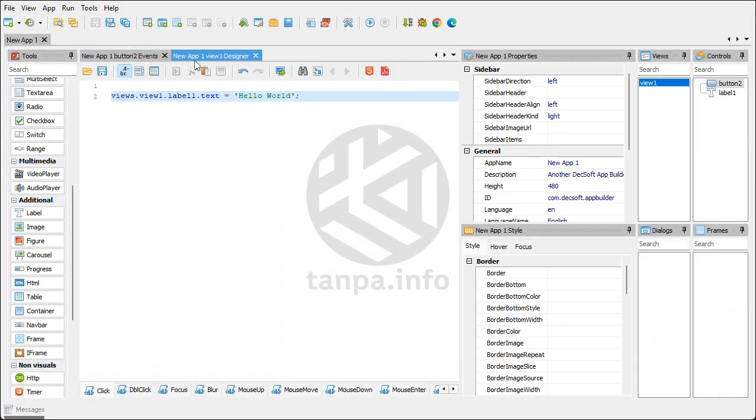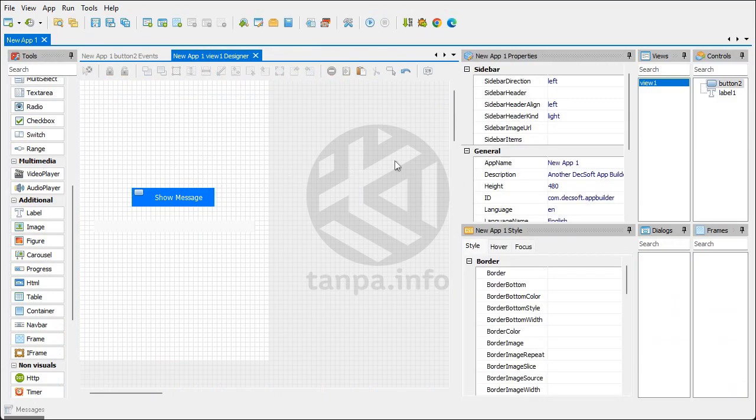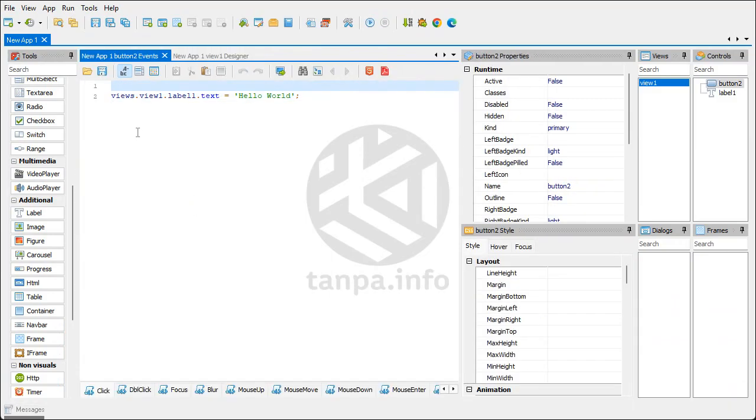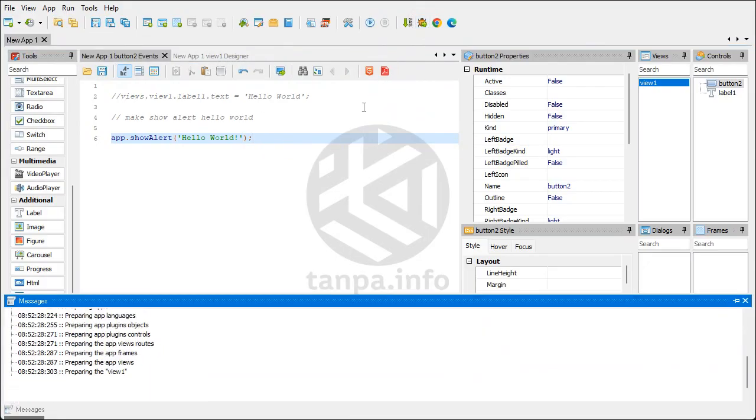Go to View Designer. Double-click Show Message button to open Event Editor. Then change the event code as shown. After that, build and run.